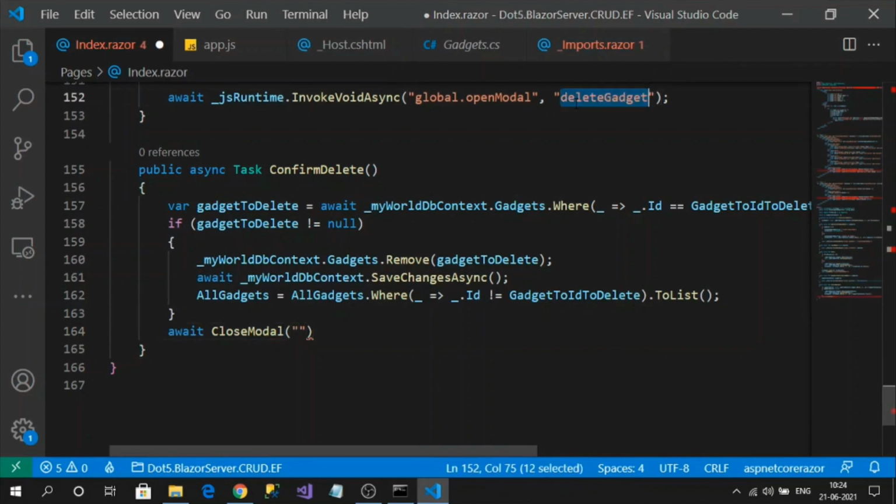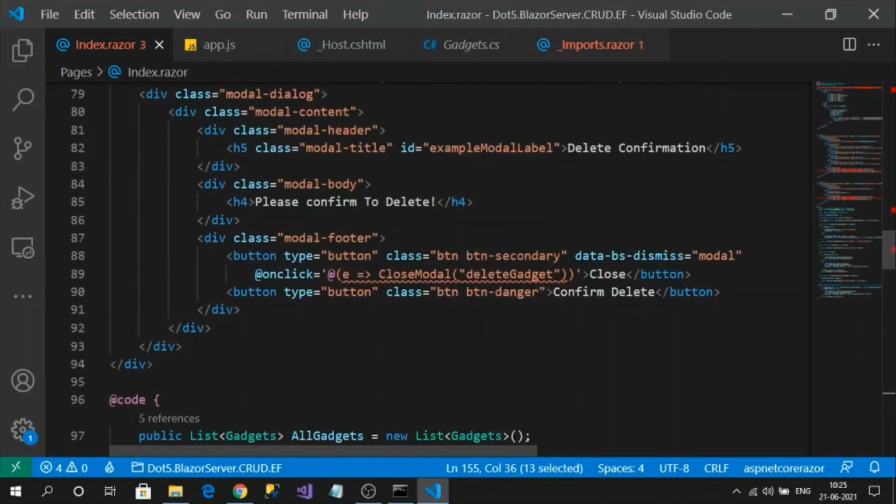Delete gadget. I think that will be the end of our demo. And I need to register it with at the rate on click. So to properties, I can directly assign. So save it.